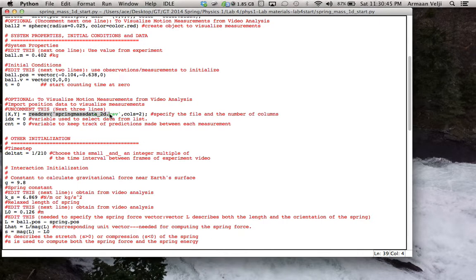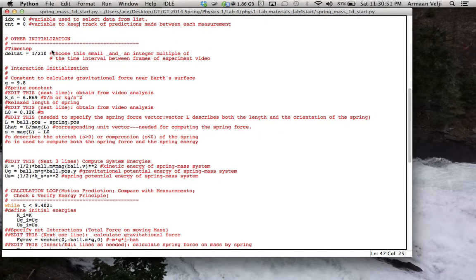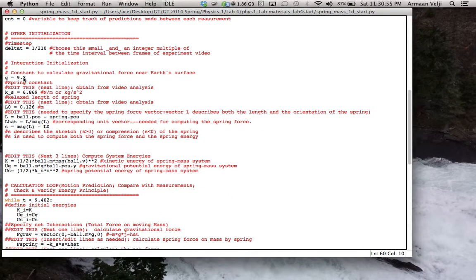I also read in the CSV file that I created from the Tracker's position versus time, and I set a delta t to be a very small value. Second, I initialized the constant g and the spring stiffness, which I calculated like shown before, and the relaxed length of the spring. Second, I found the length of the spring when the mass was attached,